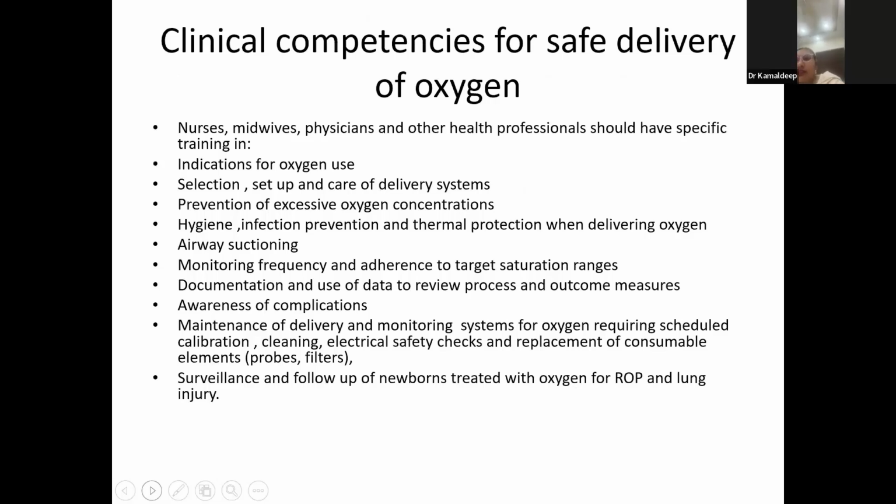Critical competencies for safe delivery of oxygen. Nurses, midwives, physicians, and other health professionals should have specific training in indications for oxygen use, in selection, setup, and care of delivery systems, prevention of excessive oxygen concentrations, hygiene, infection prevention, thermal protection when delivering oxygen, airway suctioning, monitoring frequency and adherence to the target saturation ranges, documentation and use of data to review process and outcome measures, awareness